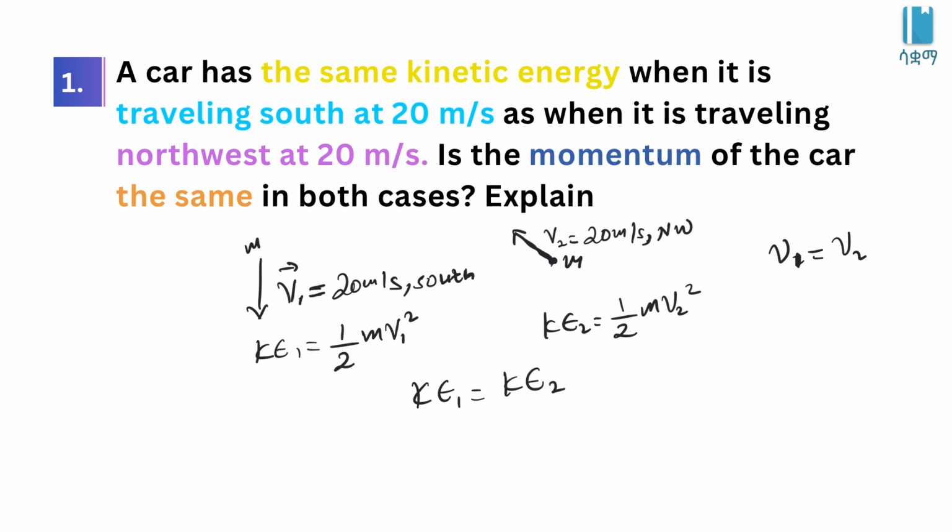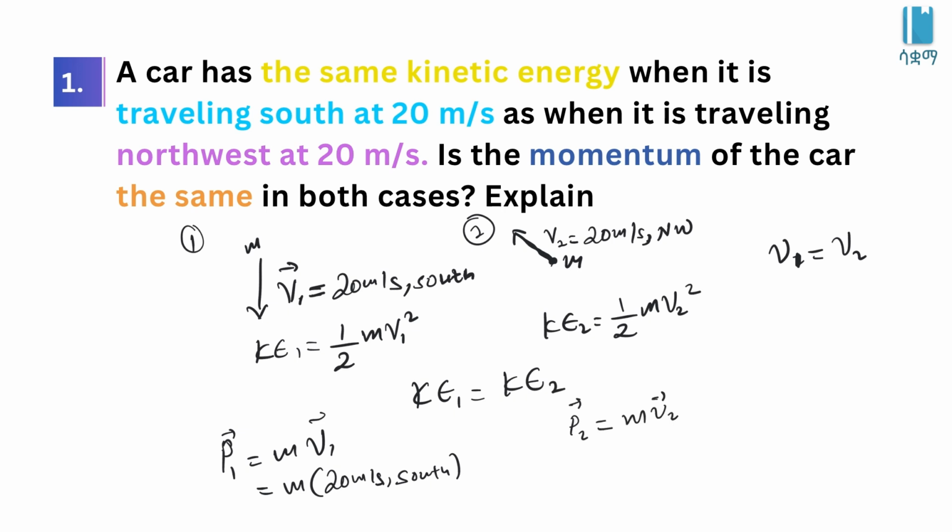Now let's just compare the momentum. So case 1 ላይ የምትወስዱት, now we will have a momentum p1. So the momentum in this case will be mass times v1. Now we will see that mass times v1, which is 20 meter per second south ማለት ነው። አሁን በዚህ case this is the momentum. Now the second case, case 2 ላይ ደግሞ በምትሄዱበት ጊዜ, now here p2 would be m times v2.